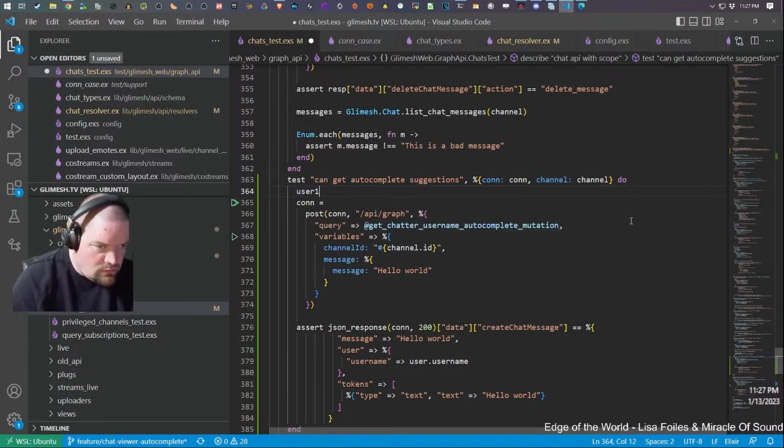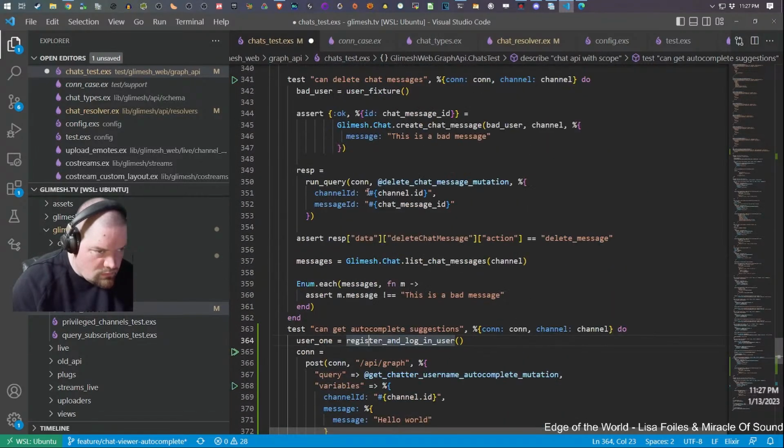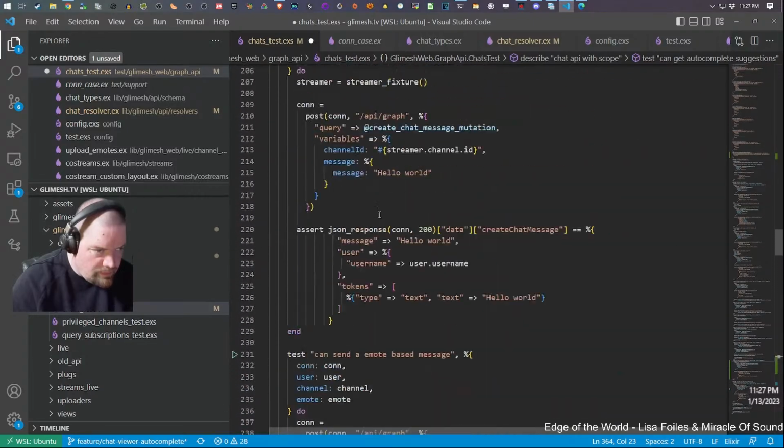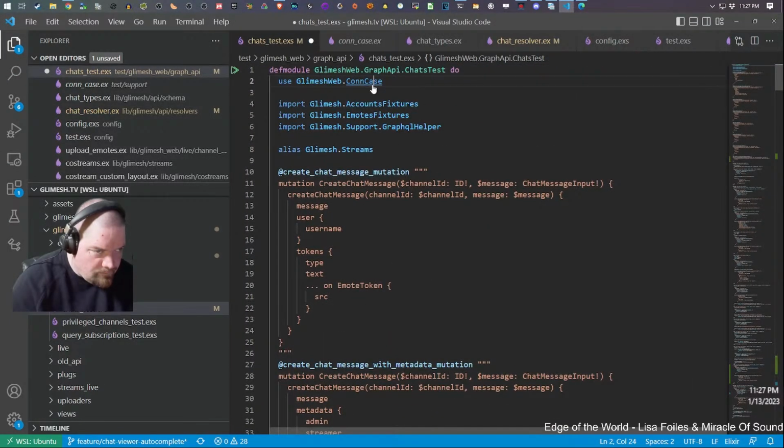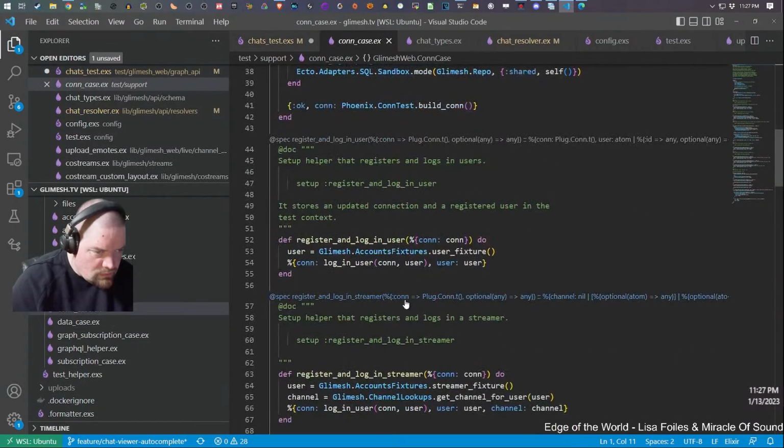User 1. Register and log in user. On the connection.